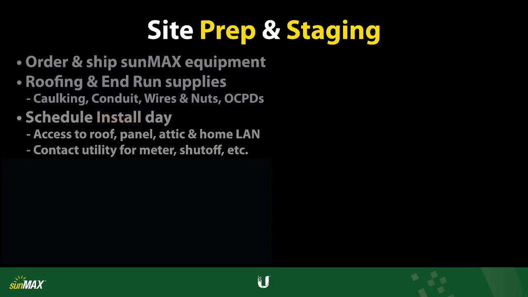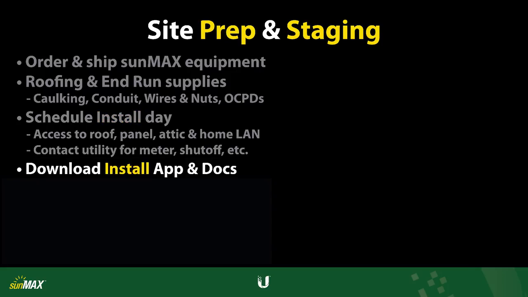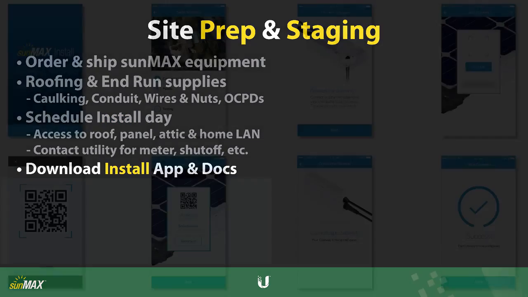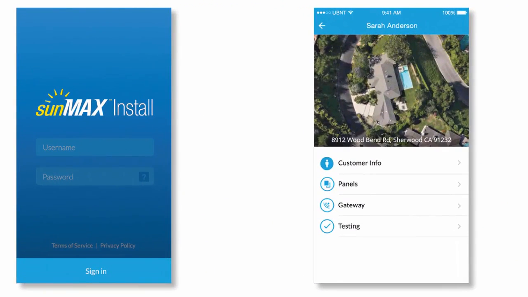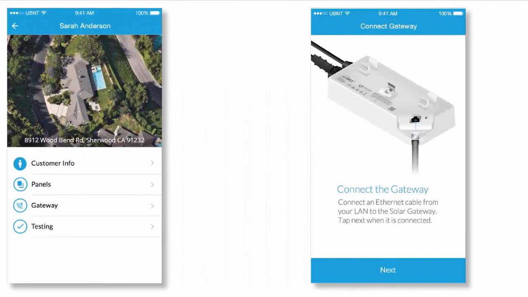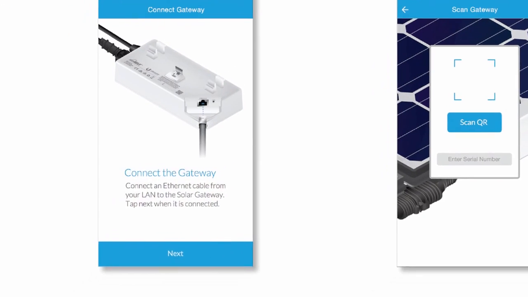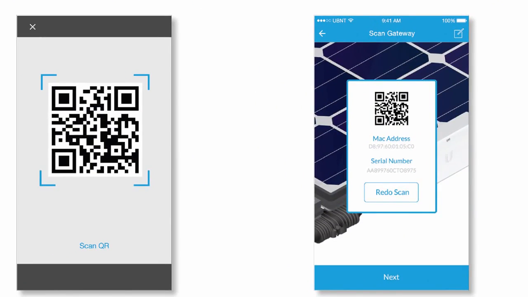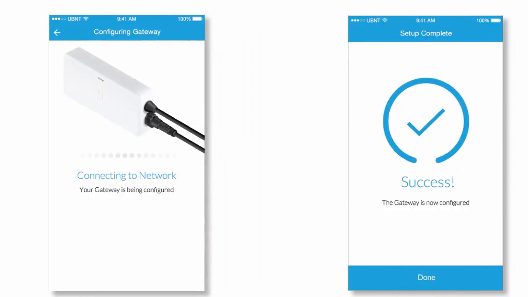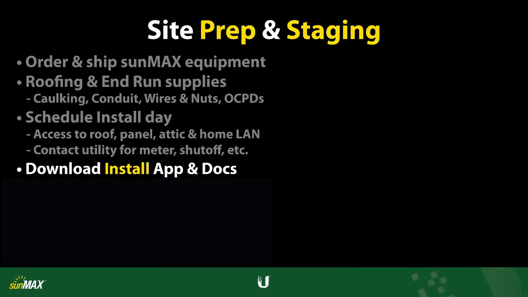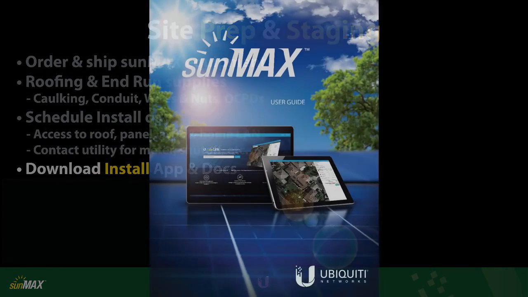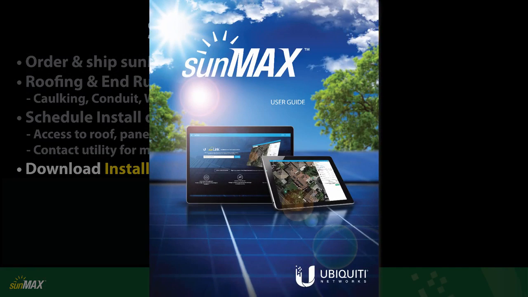Make sure that you've also downloaded and installed the latest version of the SunMax Install app on your Android or iPhone device. The Install app lets you register and provision each microinverter, as well as the solar gateway for remote monitoring and management in the SunMax software. It is also recommended that you download the SunMax user guide to your mobile device, which you can use as